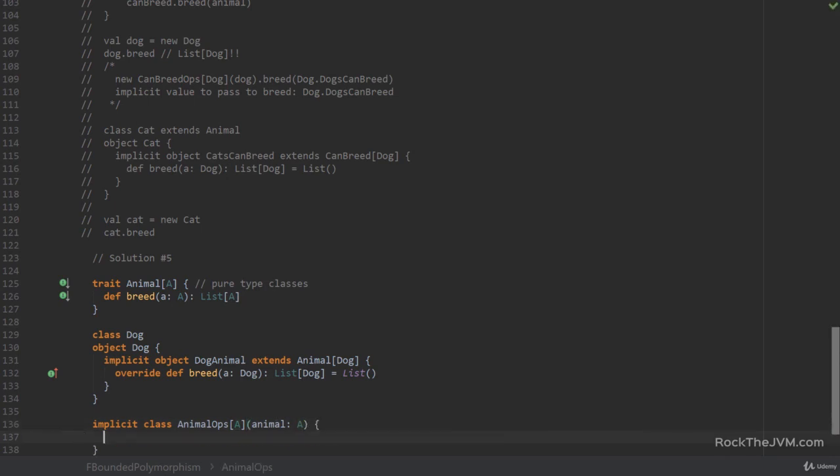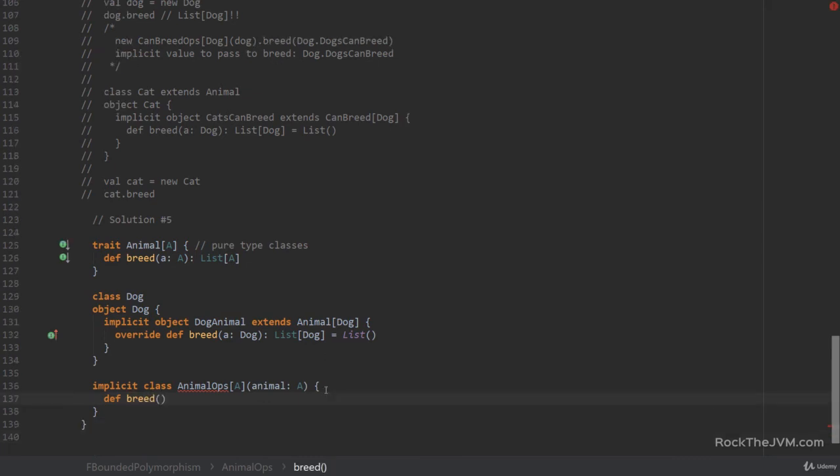And this also has a breed method, which gets an implicit argument, let's say animalTypeClassInstance, to be super specific, which is an Animal[A]. And this returns a list of A, whose implementation is going to be simply calling the breed method out of this argument. So animalTypeClassInstance.breed with the animal that we supply here as a parameter.